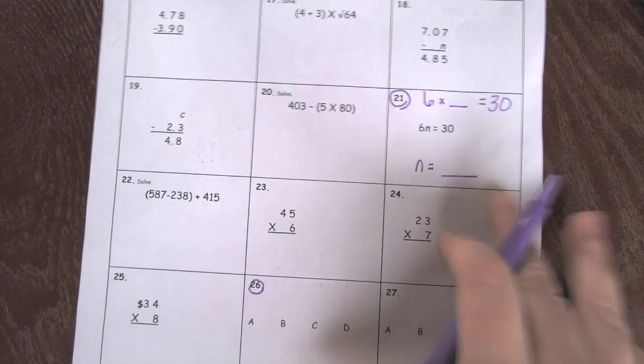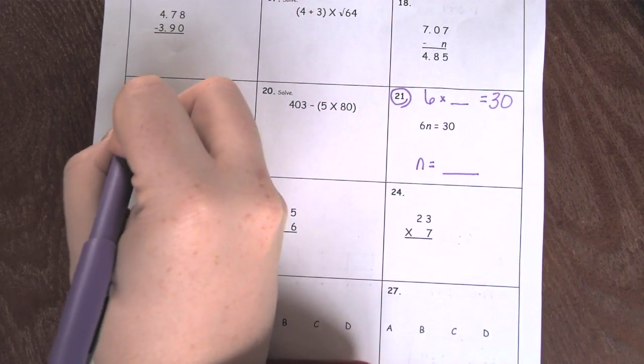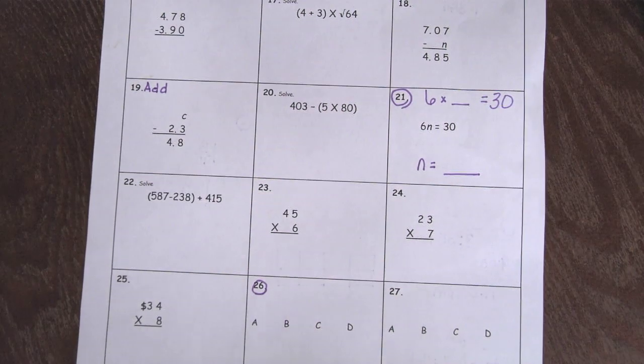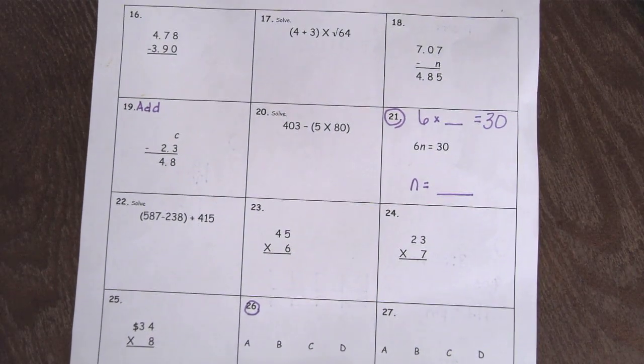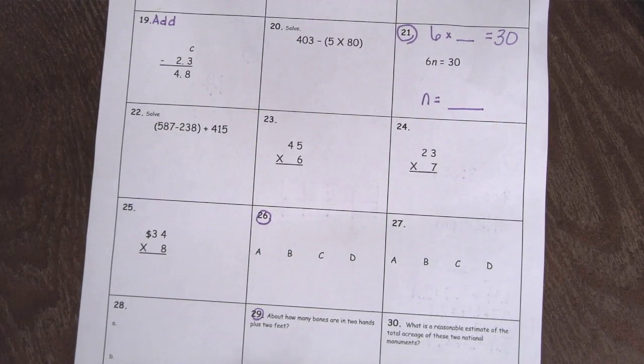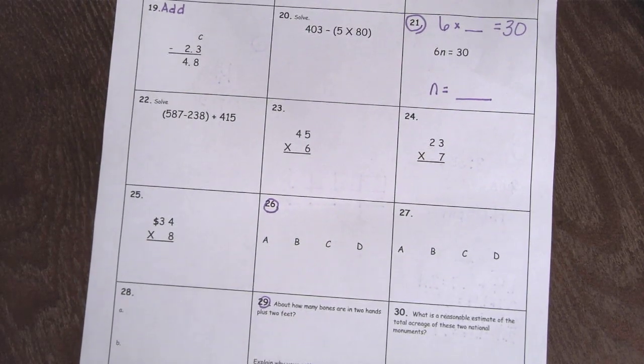I'm going to go back a little bit. Number 19 is going to be an addition problem. You need to add to find that answer. It's the only one you need to add. Please don't add all of these. And number 26